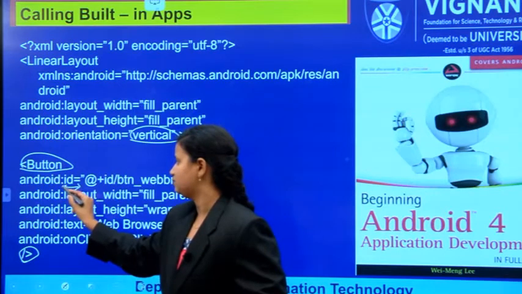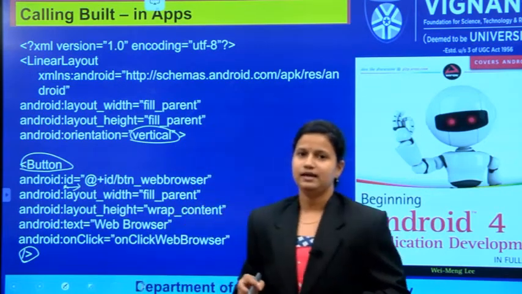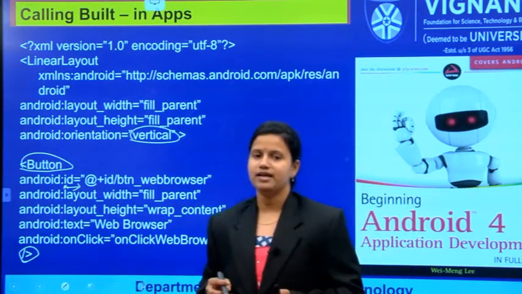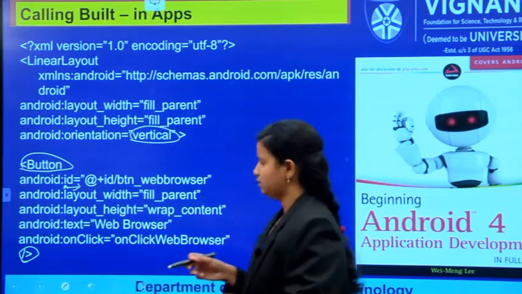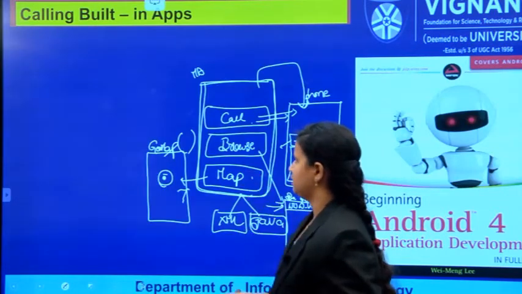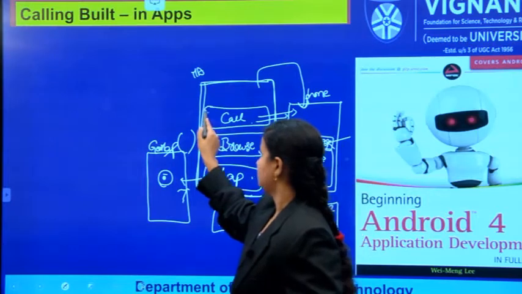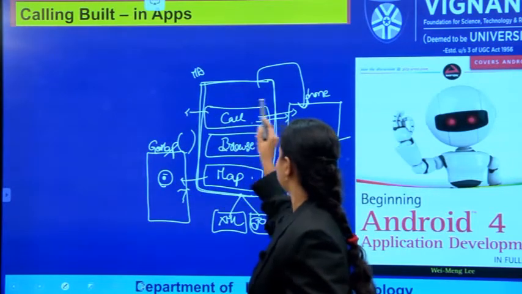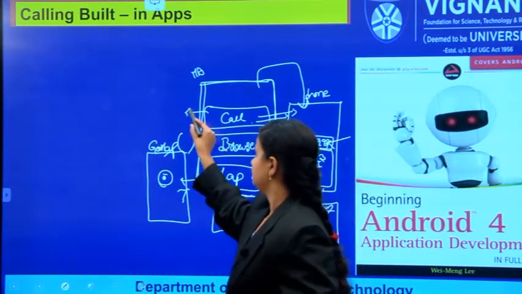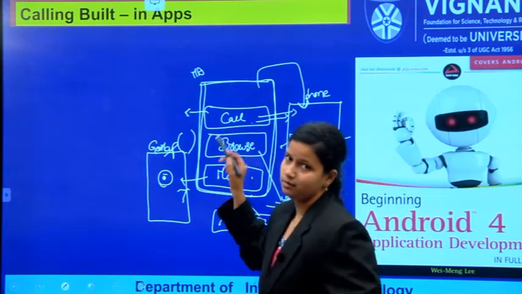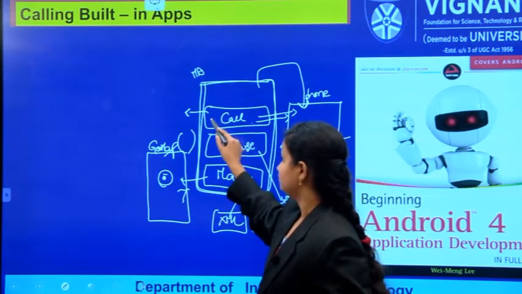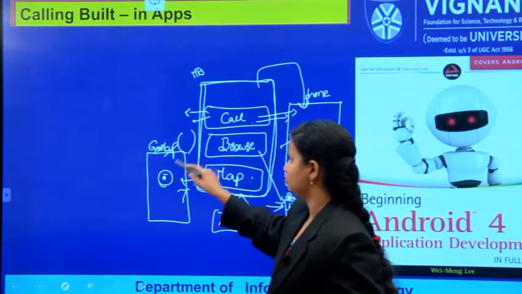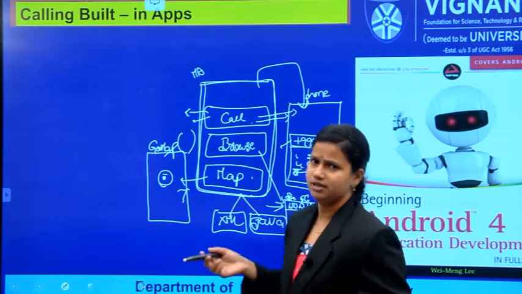So what is the use of ID? It uniquely identifies the button. In the previous example we are using 3 different buttons. So when you are pressing this call button, it goes to the phone, but if you are not using the ID property, when you are pressing the call button, it may go to any other application.